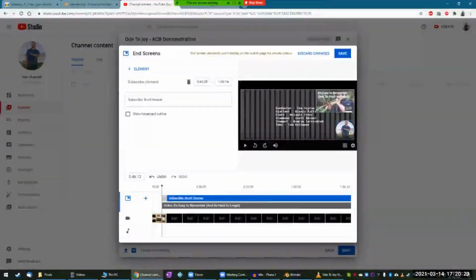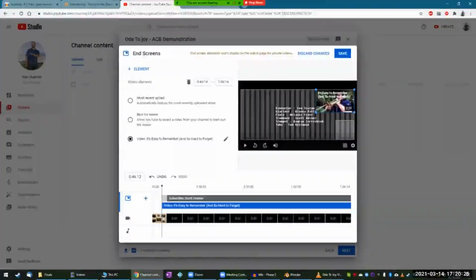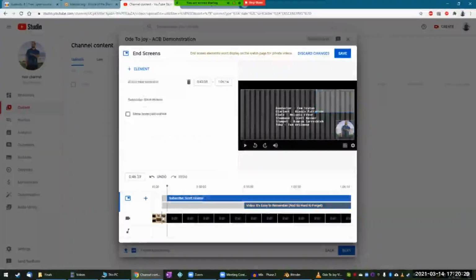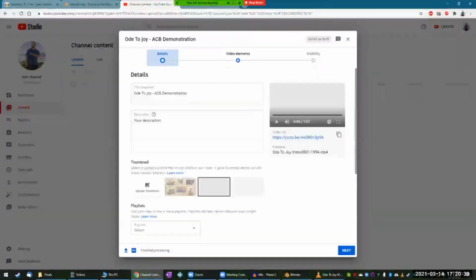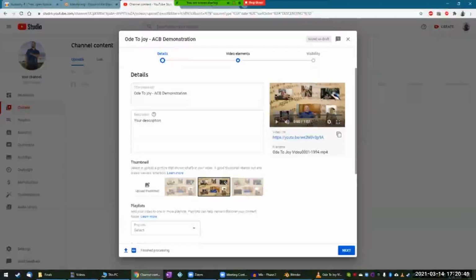And then you can drag these elements back so that they only show up on the credit screen, or maybe a little bit later after the credit, so that they don't overlap anything. And then I'm going to save that. Now I'm going back to details real quick here. There we go. So now I have some options for thumbnails. So I could select one of these existing thumbnails to show up for my video. And I like that one. So I'll leave that one on there.